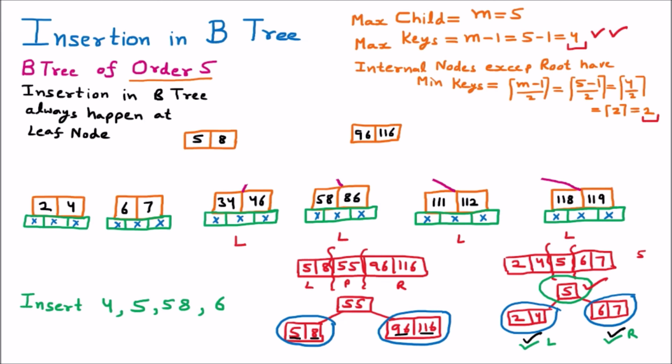These are the keys. They will also have children. So now we have the provision of the children. In the first node we have 2 keys, so there will be 3 children. And afterward in the second node we have 2 keys, so there will be 3 children. So that is the provision. We will fill out the children later on, but first of all we are going to take out the parent. So we have successfully taken this node which is 5 and 8, and another node which is 96 and 116. Now we have to take their parent which is 55.